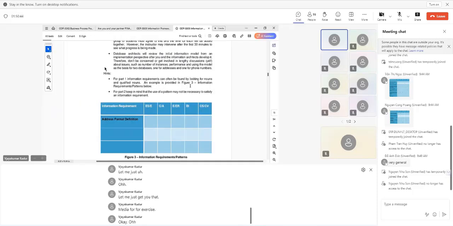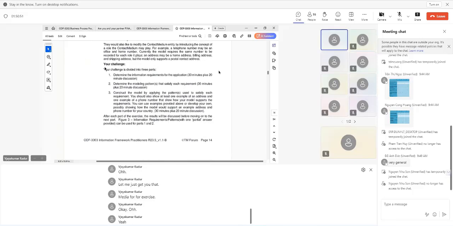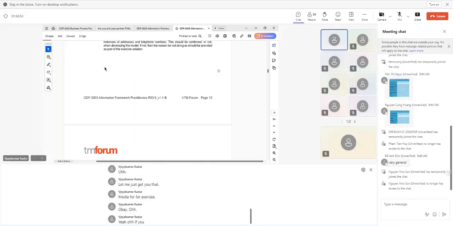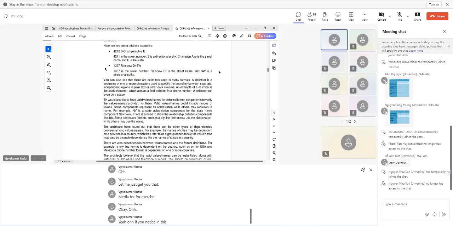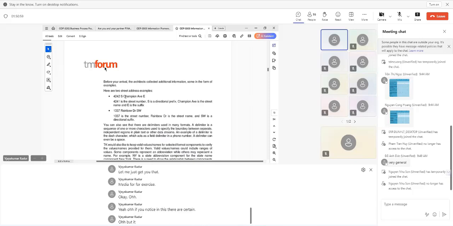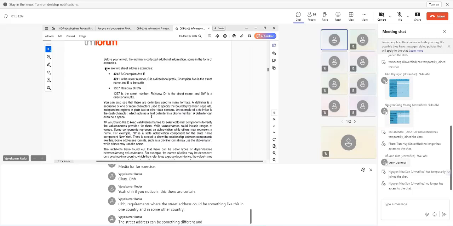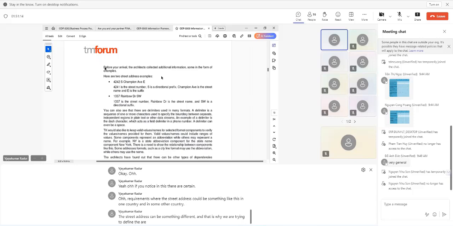So yeah, if you notice in this, there are certain requirements where the street address could be something like this in one country, and in some other country the street address can be something different, and that is why we are trying to define the address definition format,